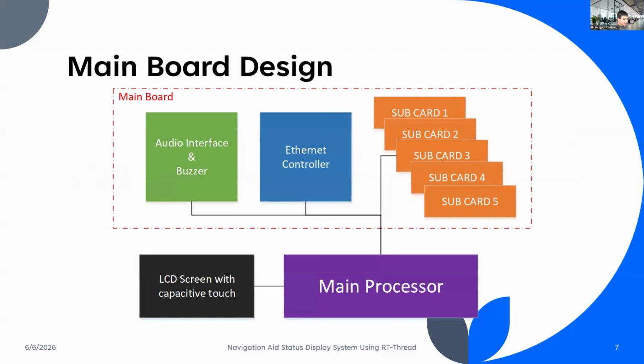We designed the hardware to be modular so it can be plugged in and out easily, because if we have a new interface for the remote control and status unit, we can simply design only a subcard and replace the old one in the system. Also, for the main processor we use the ArtPi from RT-Thread, as a modular plugin. So if the main processor has a problem, we can easily replace it.